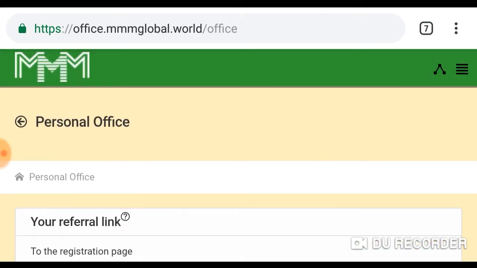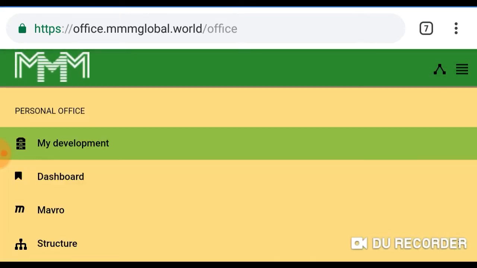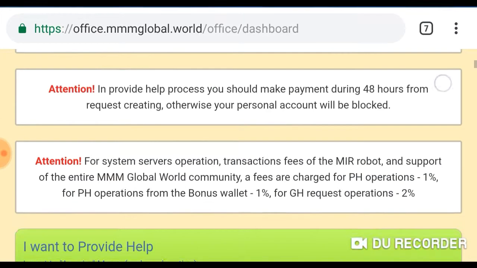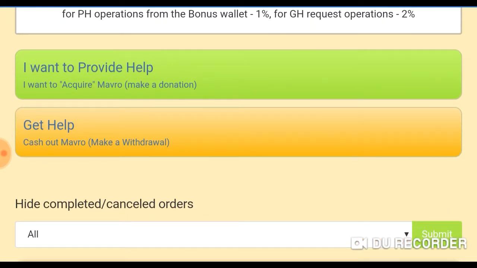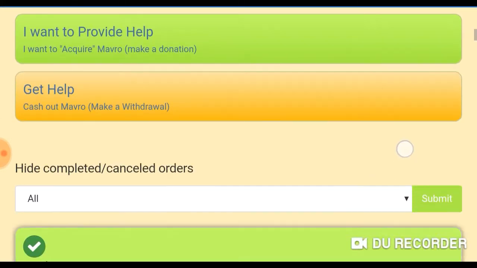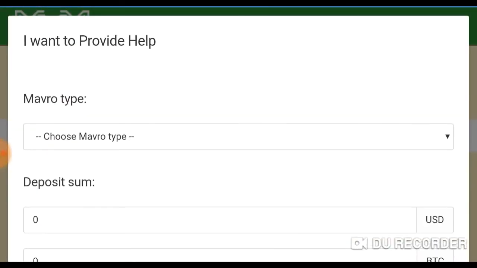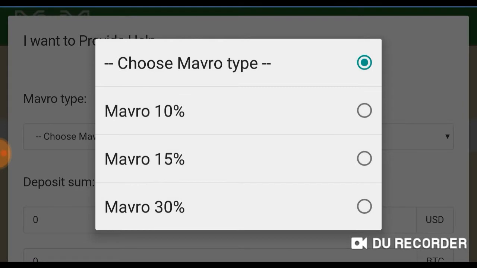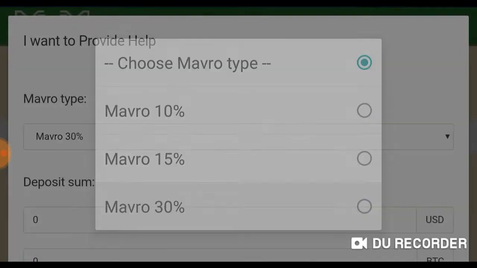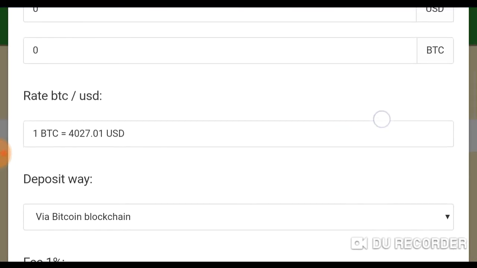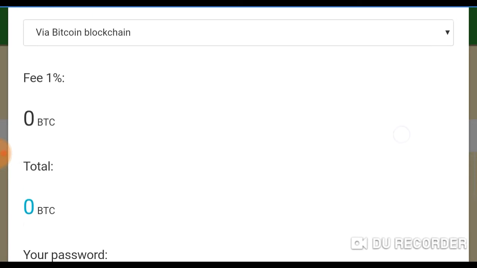The first thing you do, you go to the dashboard page, you click dashboard, and then you scroll down and click I want to provide help. Choose the macro you need. I need 30% of macro. Then I want to PH or provide help